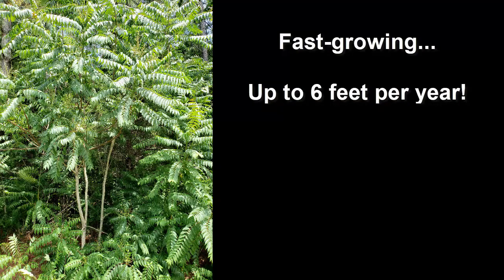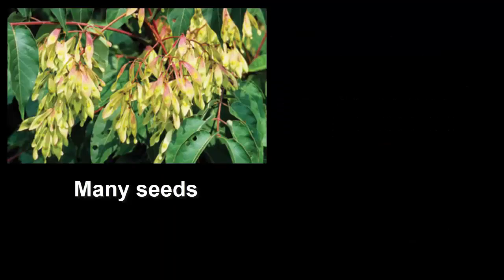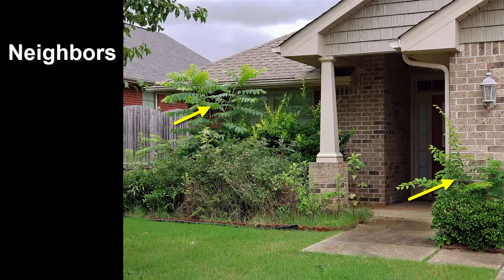The Tree of Heaven is fast growing, up to 6 feet in a year, and it reproduces very efficiently. A single adult tree can dispense up to 300,000 seeds. Plus, its seeds have special wings that make it especially efficient at spreading long distances in the wind or in water. So if you don't have a Tree of Heaven on your property today, if your neighbors do, it's a